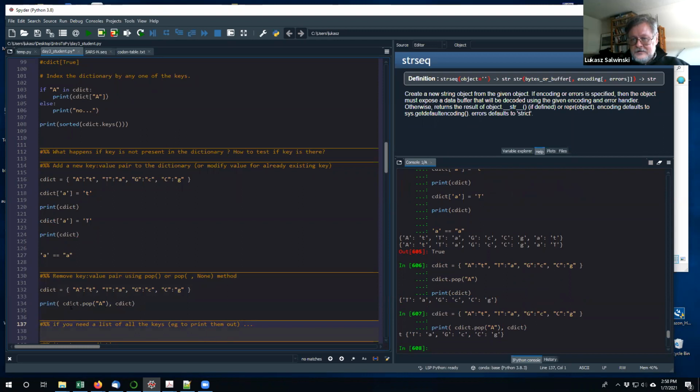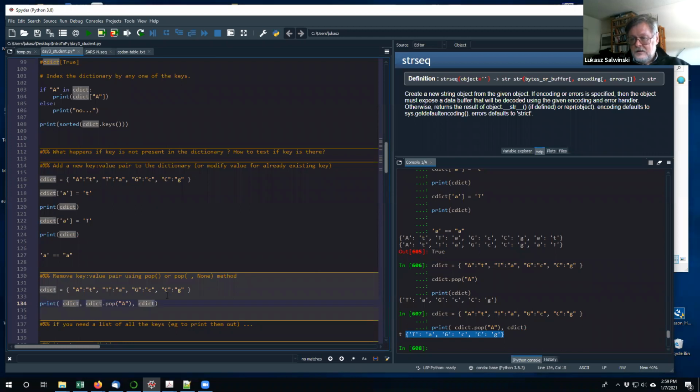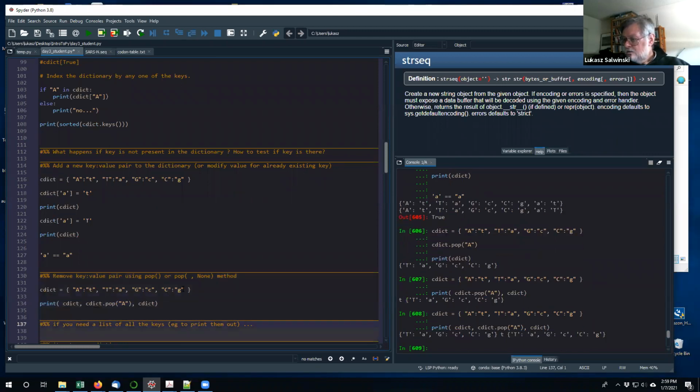We're getting lowercase t returned by pop, printed out, okay? And now we're getting C dictionary with the pair already missing. So here we've got the modified dictionary. If we want to print out unmodified and modified, we can call C dictionary here, okay? And when we do it here, it's still not gonna work. Why? Because C dictionary is the same thing. Print got the information where to find the value for C dictionary, okay? And this value was modified when we were calling pop. So all those three things are exactly the same, and we're getting